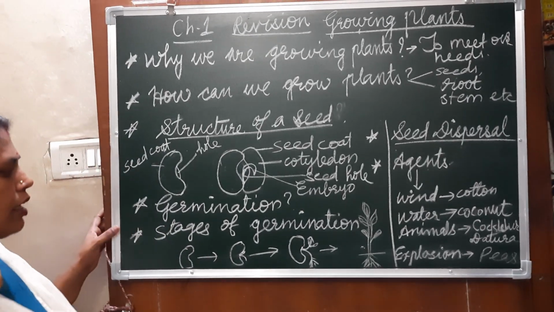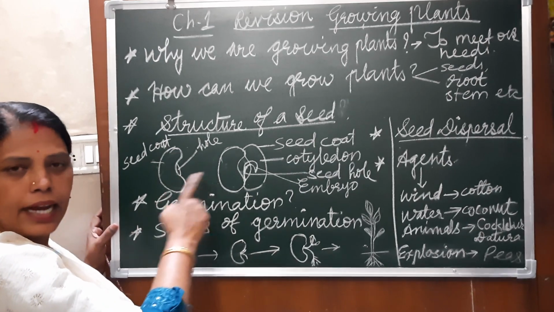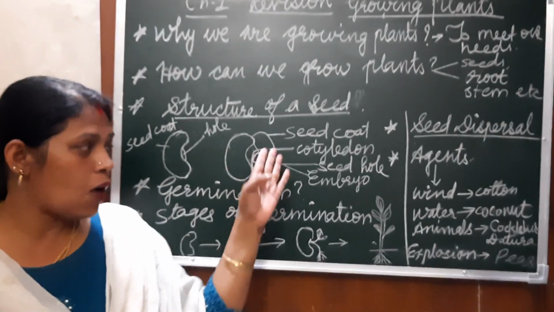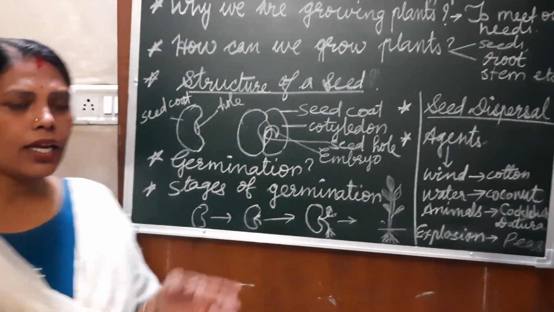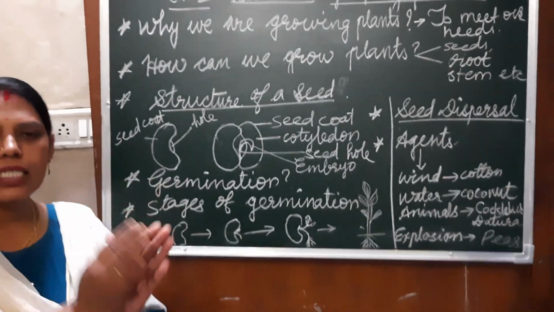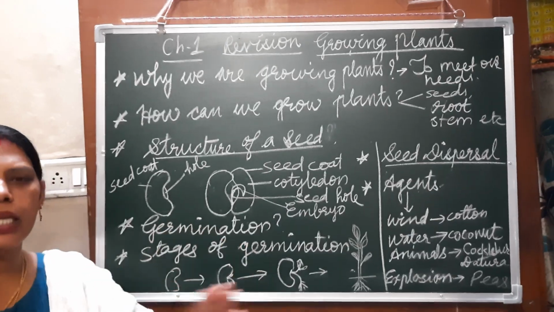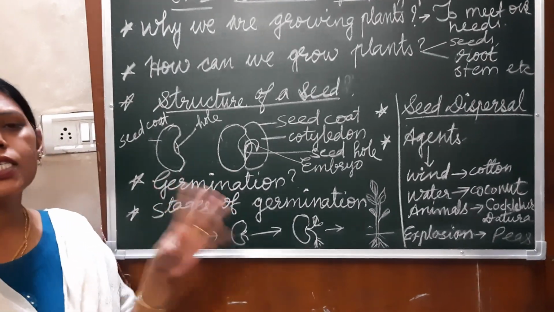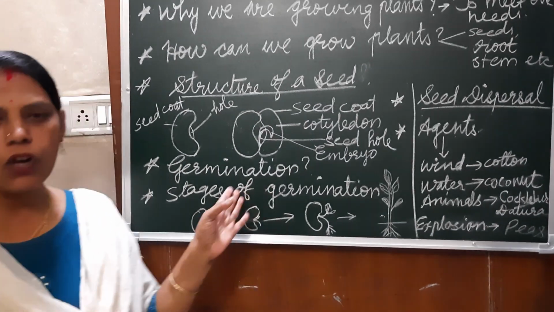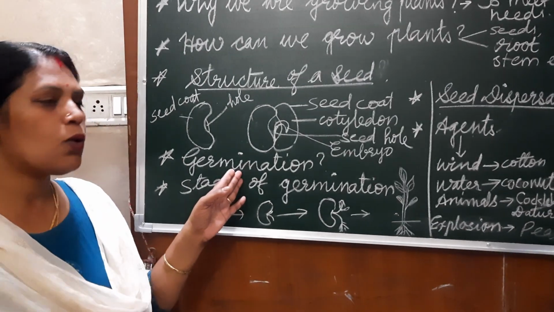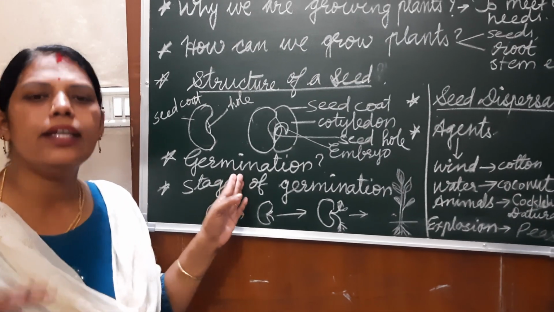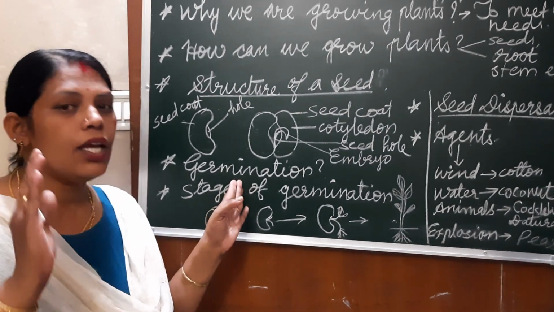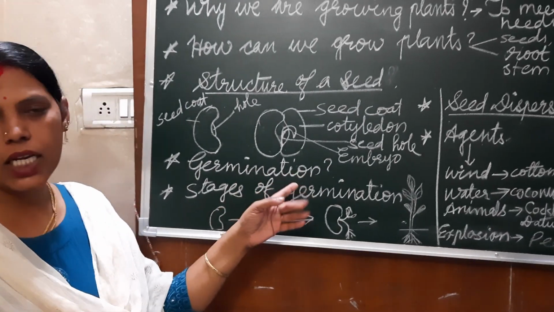Okay, now see, understood this external and internal structure? Now listen, see what is meant by germination, how this embryo grows. Okay, so germination means the seed grows and develops into a new plant, that is seedling. Okay, that process is known as germination. So what is germination? The process of growing the seed into a seedling. Seedling means it is the new plant. That is known as germination.